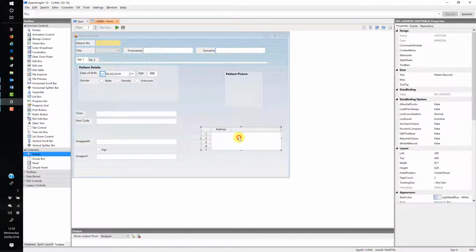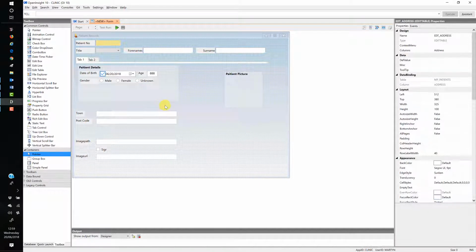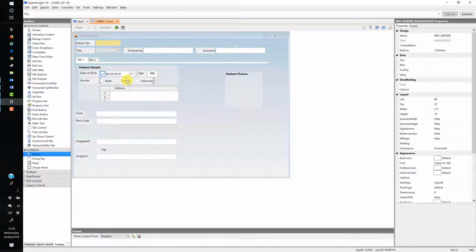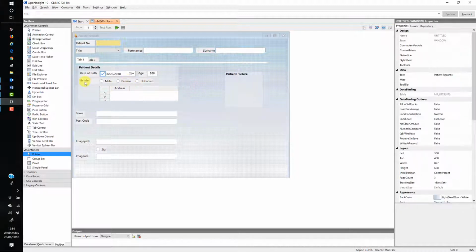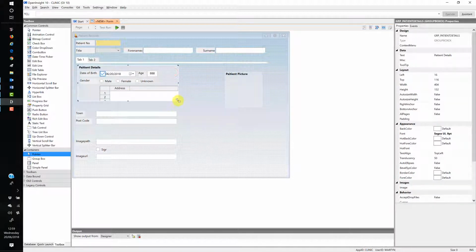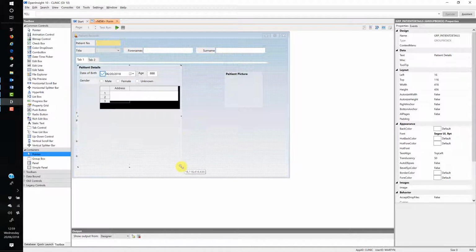And then underneath that I'm going to cut and I'm going to paste in the edit table, and again it's in totally the wrong place, so I'll go 8 and 8 to bring that across, and then I'll drag that into the right location. Now you'll notice that the radio button again is set to only 20 pixels high, so I'm going to select that and come down 2, and then that will put that into the middle of the label for us. This panel is clearly not big enough, so we'll just drag that out a little bit more,